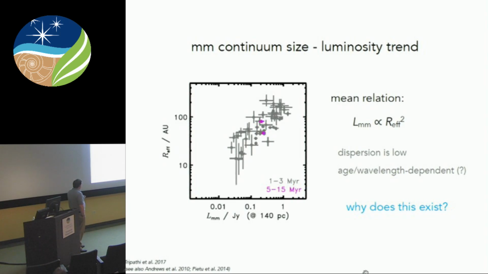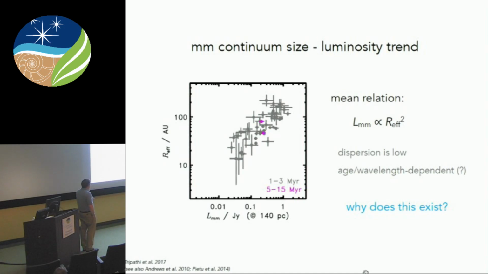But the trend is actually quite tight, right? So the mean relation is a little bit surprising. It's basically that the mass or the luminosity goes as the radius squared, which we can discuss later if you're interested, but that's not really what you'd expect, even though it seems intuitively okay. If you actually measure the dispersion here, there's a small amount of real dispersion outside of the uncertainties. But we think that that's entirely temperature related. And if you correct for the temperatures, the relationship stays the same, but it's statistically indistinguishable from having no extra dispersion aside from the uncertainties.